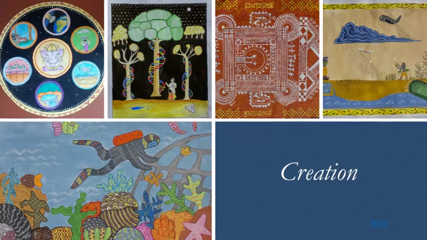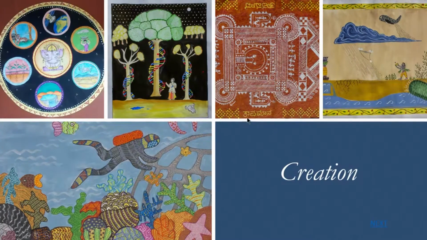This is done in Phad style. This is again a Chittara style where they are showing entropy, and how science and technology has bettered the life for people using techniques of entropy. Here again they are showing cloud seeding, how this is done in, again in Assam manuscript style, how technology has aided to have rainfall in drought areas, how science and technology has helped in nurturing nature, in making life better.